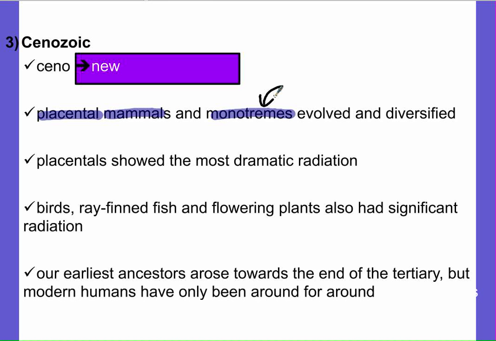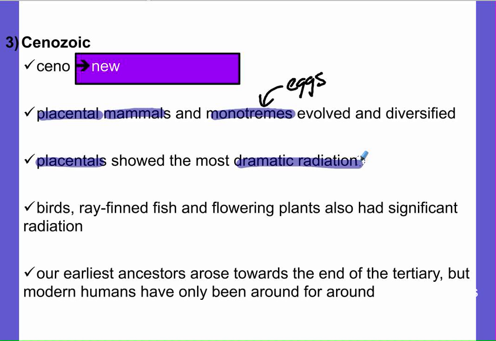Monotremes, if you don't remember, are the mammals that actually lay eggs. So they're very weird compared to most of the mammals that you're used to. But those placental mammals are the ones that show the most dramatic radiation. Most of what we see today are those placental mammals. You also have radiation of birds, ray-finned fish, flowering plants,